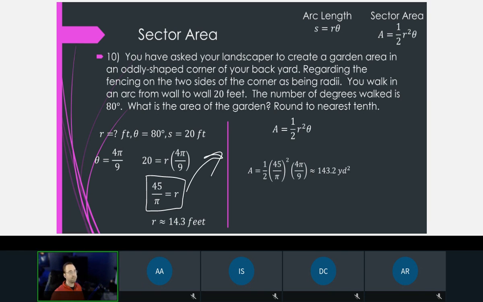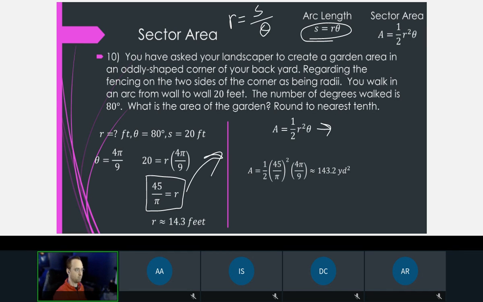I'm going to try to fit it. So if you're somebody who likes formulas, we could have actually used this and solved for r. So we're dividing both sides by theta, so r is going to equal s divided by theta here. That means we actually could have